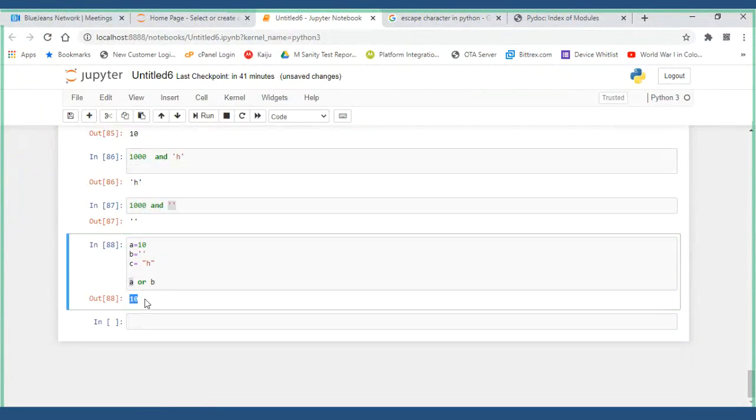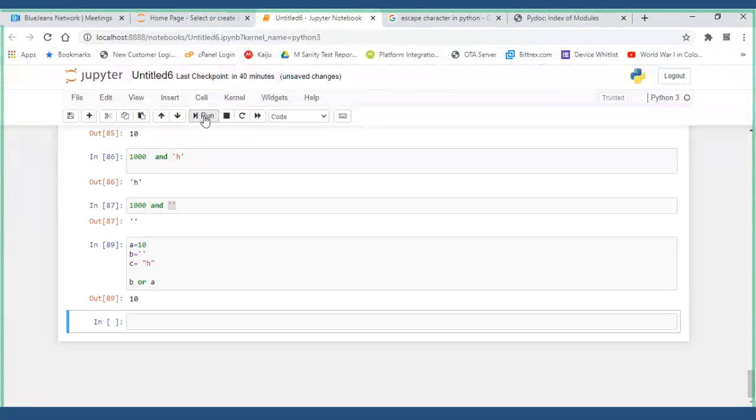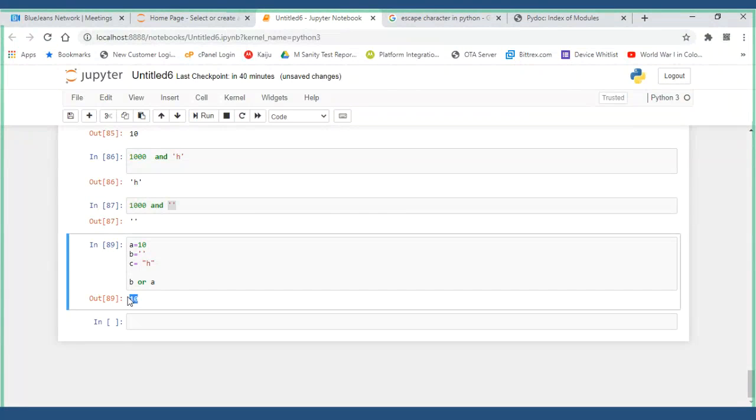It will display it. Same way, I'll make it B here and A here. You just see, did it change its perspective? Whichever first condition I experience in that expression, I will return as the result.